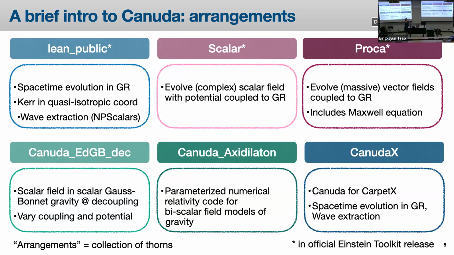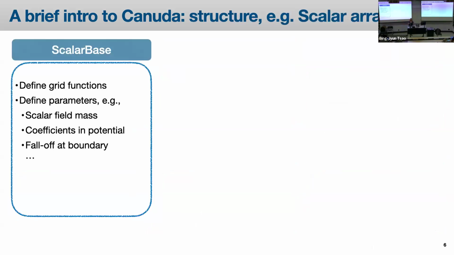I also wanted to give you a bit of an idea on what each arrangement looks like. And I will do this in the example of the Scalar arrangement. So what do we have here? The first thing that we have is a thorn that's called ScalarBase. And in the base thorn, we will define all of our grid functions and their symmetries so that the code knows that these grid functions exist. We also define here some specific parameters that we want the code to know about, like a scalar field mass,